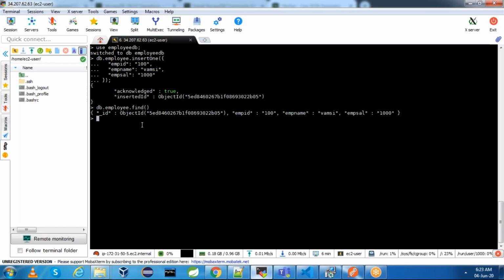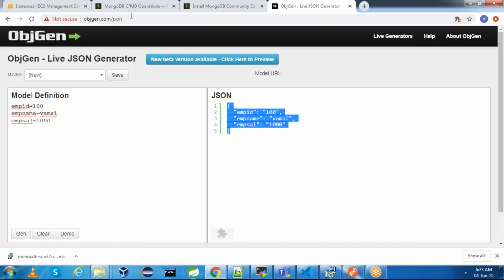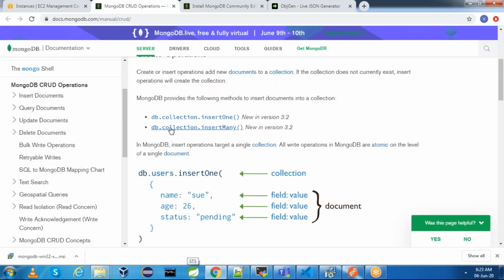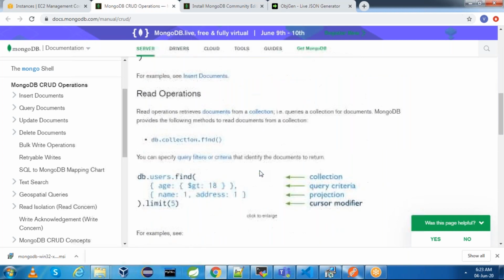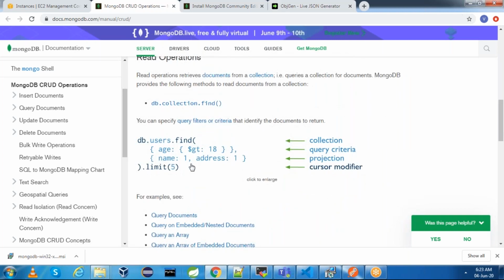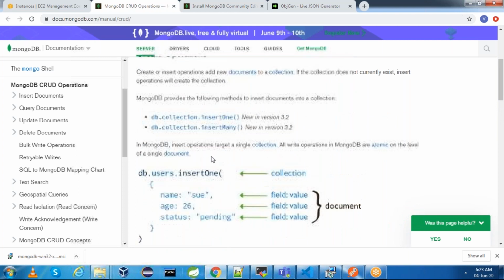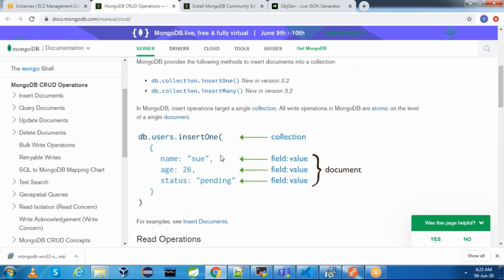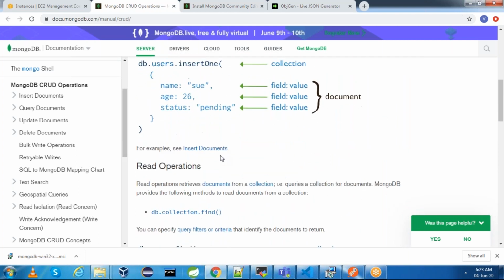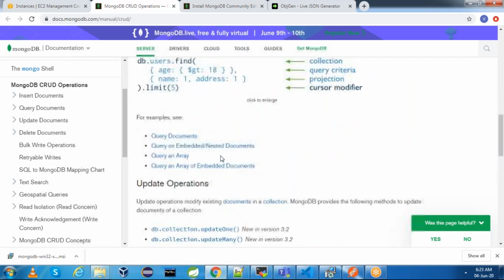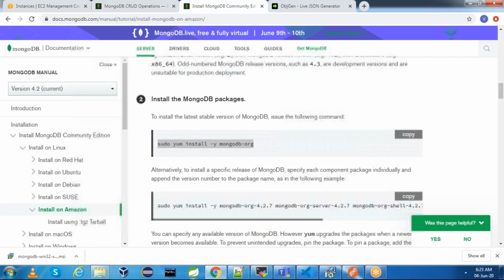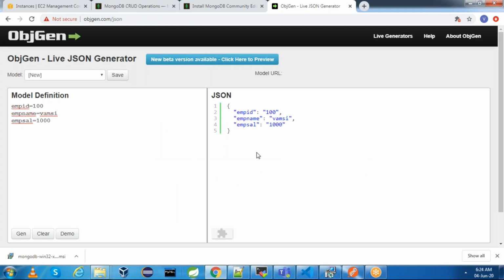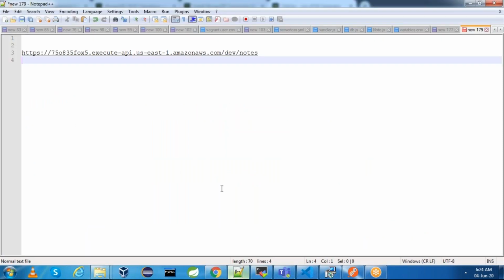If you want to save multiple documents, then you need to use db.collection.insertMany with comma separated, or you can create a list. What I will do is, this is one collection document.